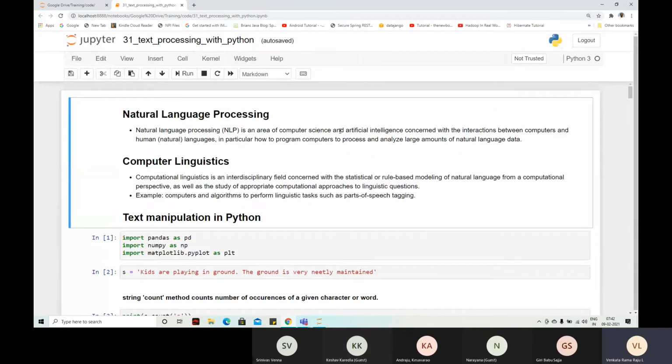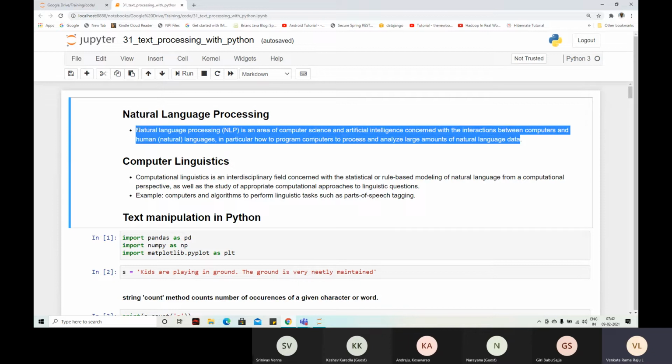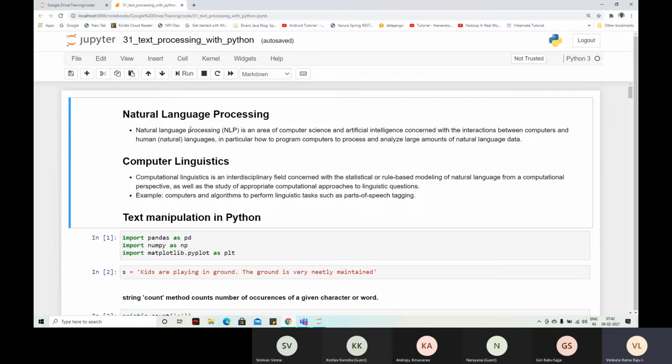So NLP we know, right? It's an area of artificial intelligence concerned with interactions between computers and humans, human languages. In particular, how to program computers to process and analyze large amounts of natural language data. Now, this is all a complex definition. Simply speaking, natural language processing's main goal is to convert your text into numbers,